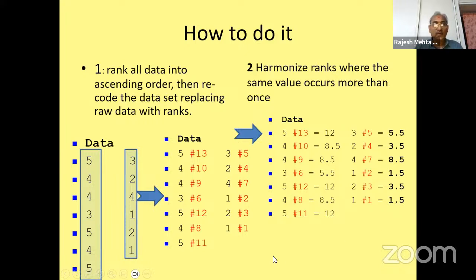Similarly, if you look at the 4, then it is 10, 9, 8. 8 and 9, 17, and 10, 27. So 27, and you divide it by 3. So it is 8.5